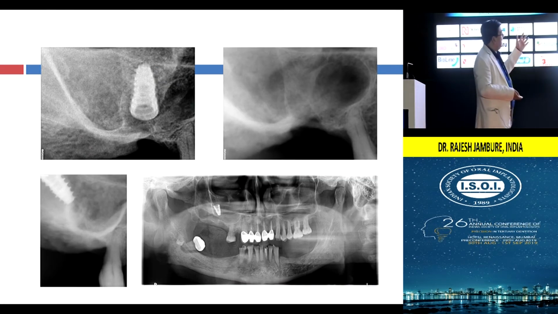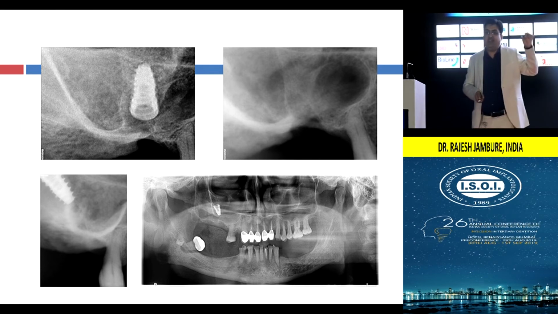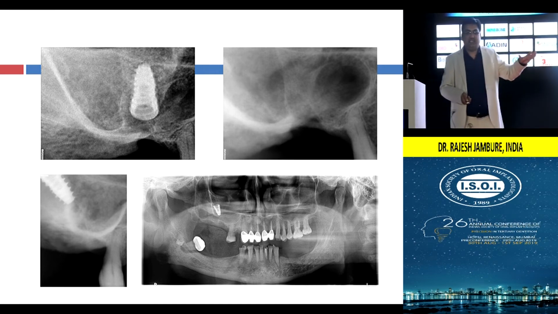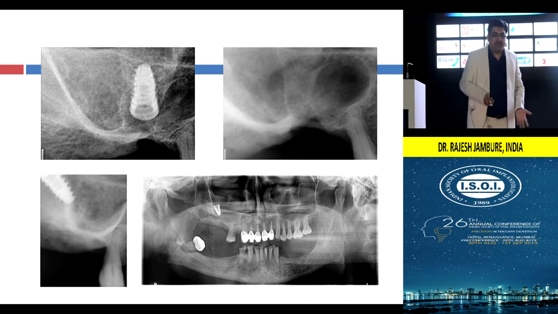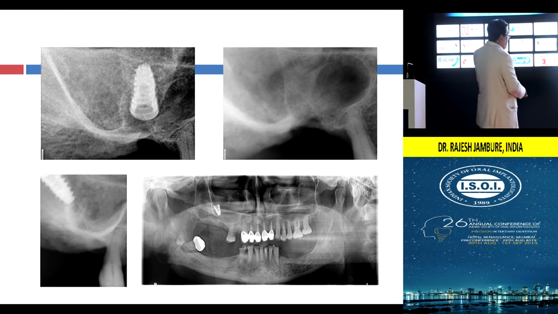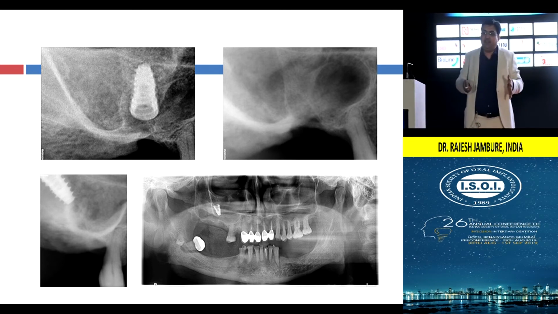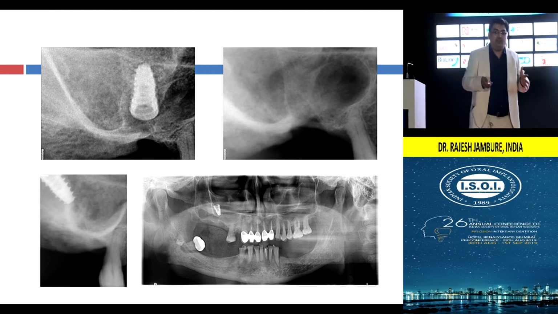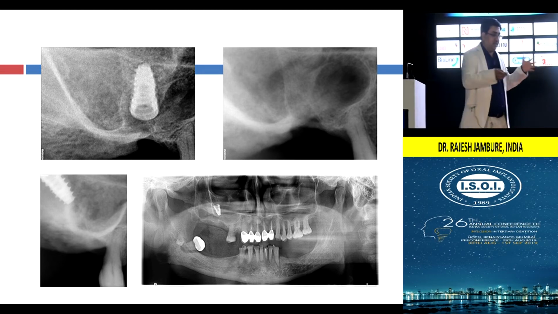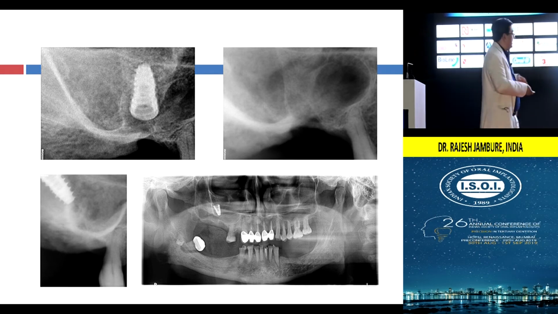In one of my cases, sometimes you break the rules, like RBH is very less and you try simultaneous implant placement, and the implant gets pushed inside the sinus. It's a very difficult situation, and then you need to search inside the sinus to find where exactly the implant is landing. Sometimes the patient is in a lying down position and the implant goes back, and you search everywhere, and once the patient is in an upright position, you can see the implant.